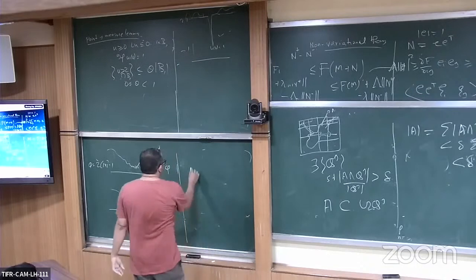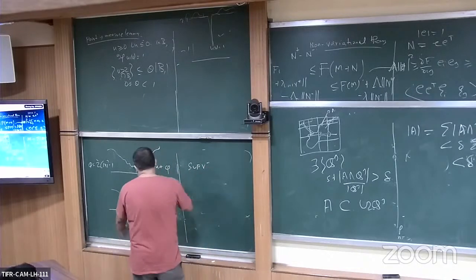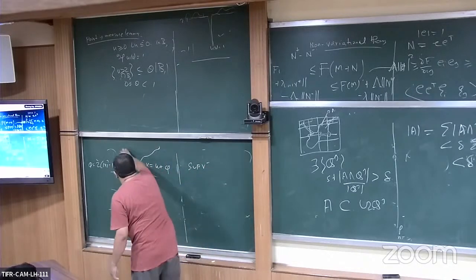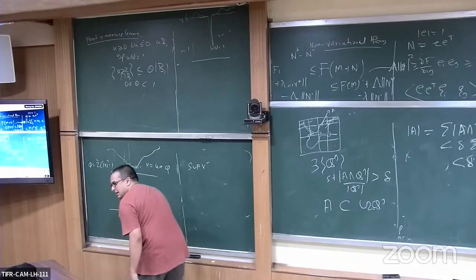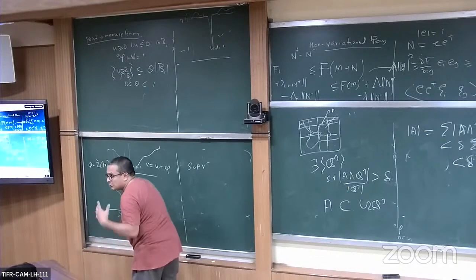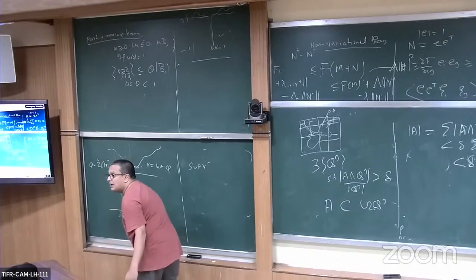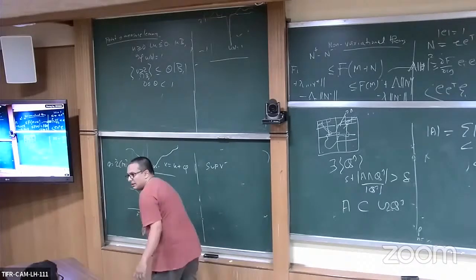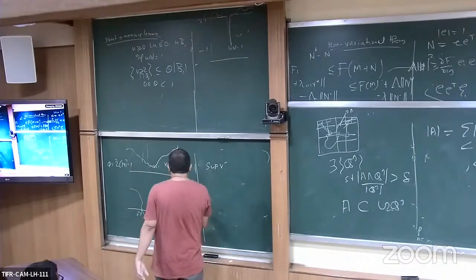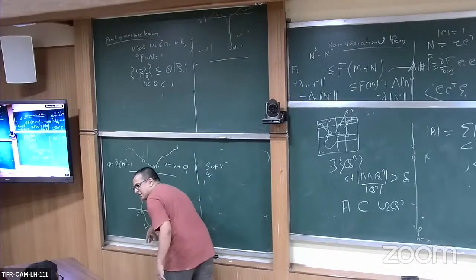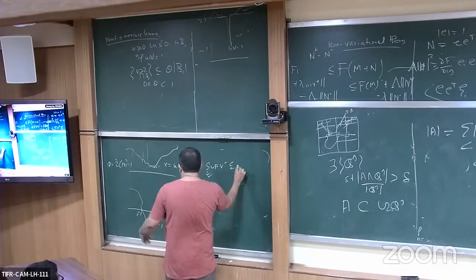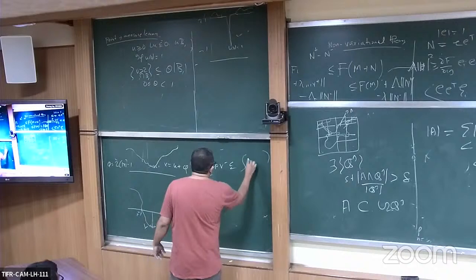So for this, I get the supremum of v minus, but it could be positive somewhere else because I have no understanding of it, it could be very large. So there could be some portions where it's large. But at least I know that at the center, it is minus 1. So the supremum of v minus is at least 1, because it is sliding all the way to minus 1. Okay, so the supremum of v minus is bigger than or equal to 1, because at least at a point I could slide it down. This will be less than or equal to, when I apply the operator to it,